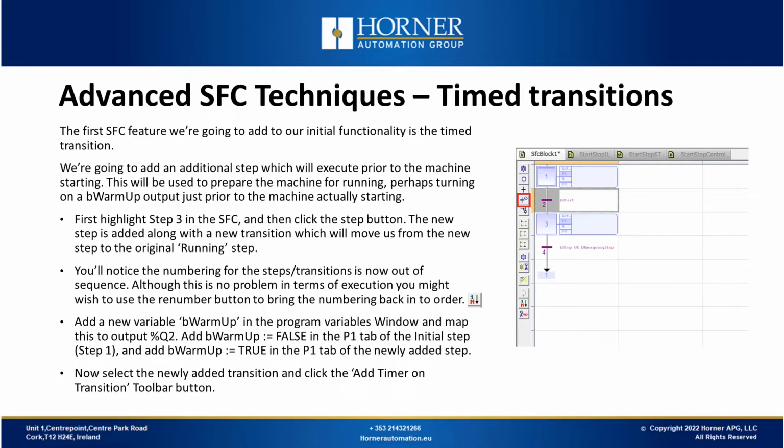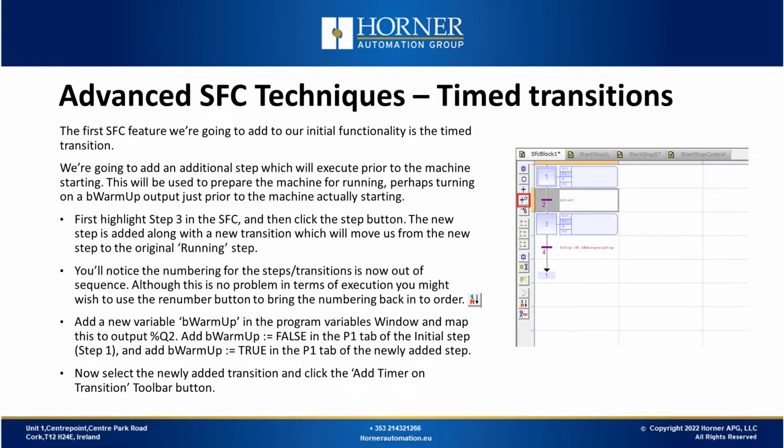So first we'll highlight step 3 in the SFC and then click the step button. The new step is added along with a new transition which will move us from the new step to the original running step. You'll then notice that the numbering for the steps and transitions will be out of sequence. Although this is no problem in terms of execution, you might wish to use the renumber button to bring the numbering back into order. Then we'll add a new variable bWarmup in the program variables window and map this to